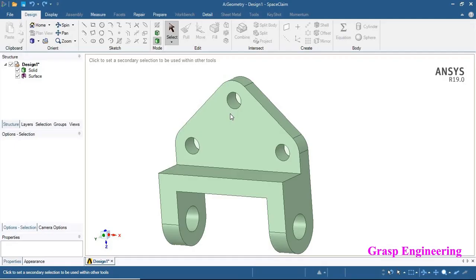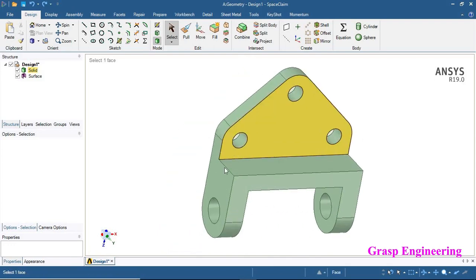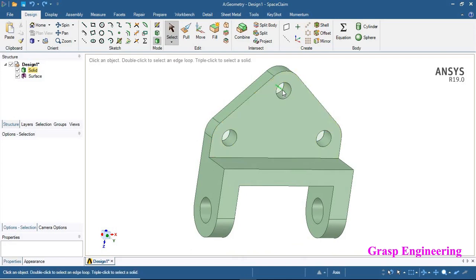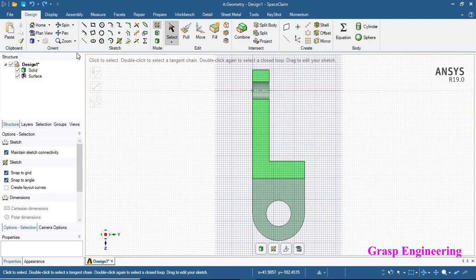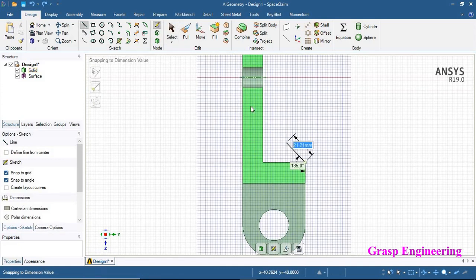Then let's go to your SpaceClaim plane. Now we can create a plane at the central part. One advantage of creating the circle is that you just click on that and go to sketching mode. Now you will find your respective plane is created. Go to sketch and then select the line. As we know that our angle here is 45, basically 90 plus 45 is nothing but 135.